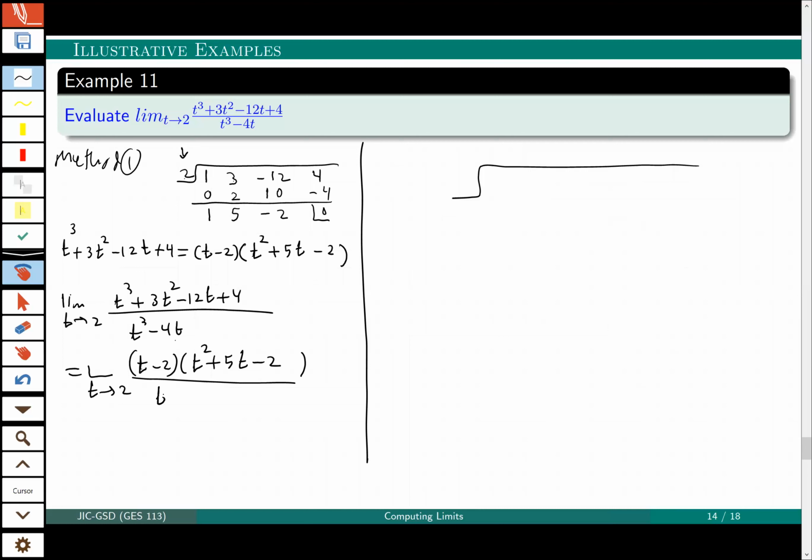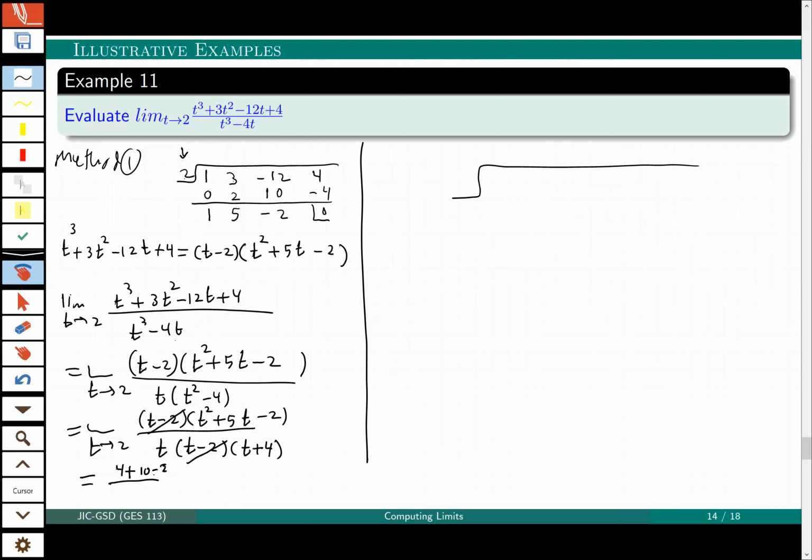Regarding here, I will take t common factor, so it will be t squared minus 4. Then I will say that t goes to 2. This is the same t minus 2, but I need to complete the factoring of the denominator. Completing the factoring of the denominator, it will be square root of the first minus square root of second, square root of the first plus square root of second. Now t minus 2 will cancel with the t minus 2. So you will get here 4 plus 10 minus 2 divided by 2 times